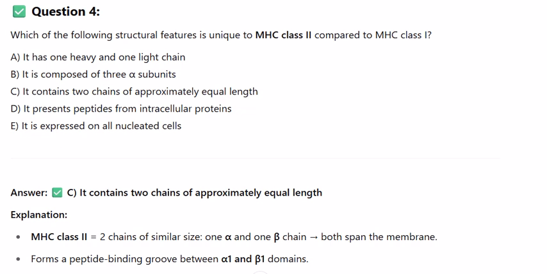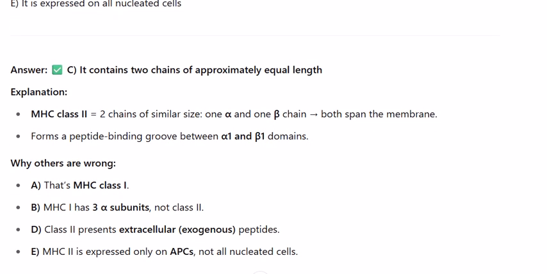all nucleated cells. Want a mnemonic summary or visual of MHC structure and